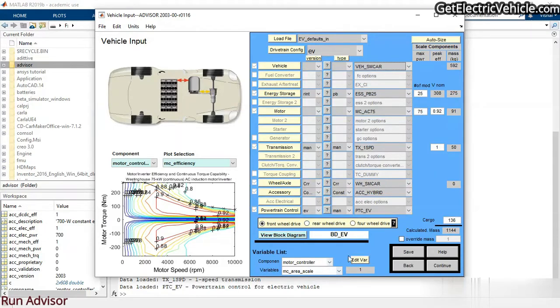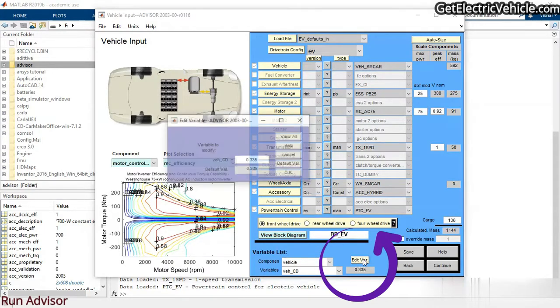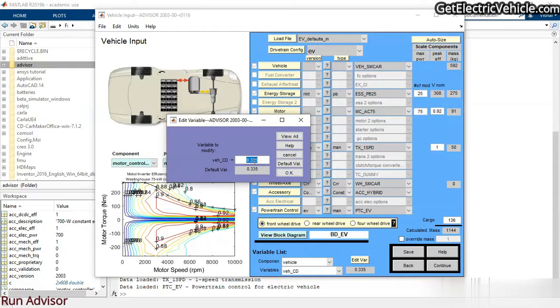If you want to modify any of the parameters, it is possible here. You can select the parameter and you can modify the value of the particular parameter here. But in this simple simulation, I am not modifying any of the parameters. I am keeping all those values as they are.